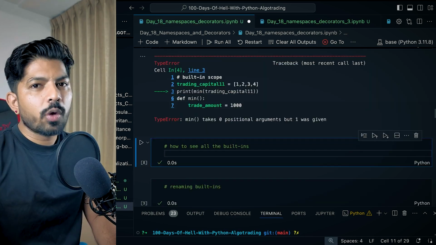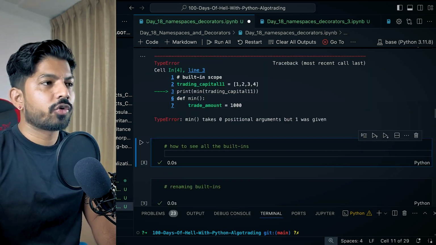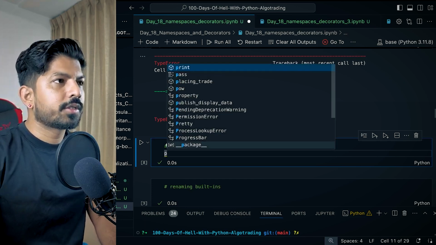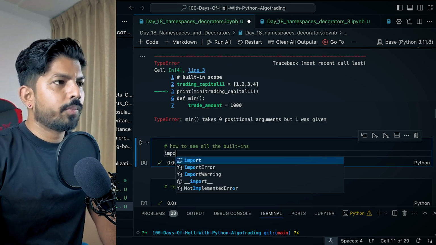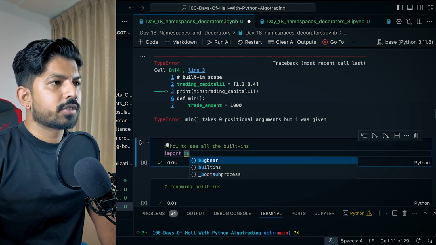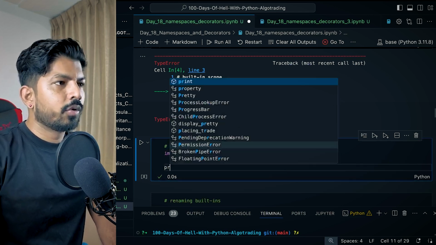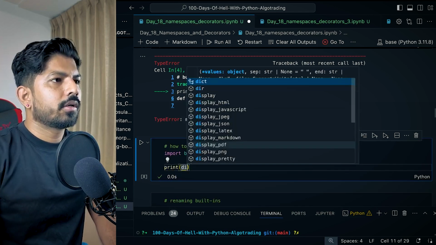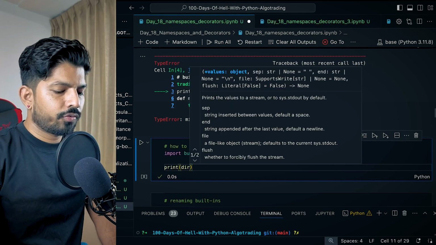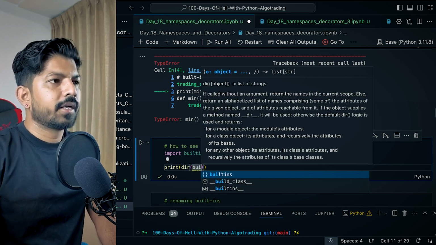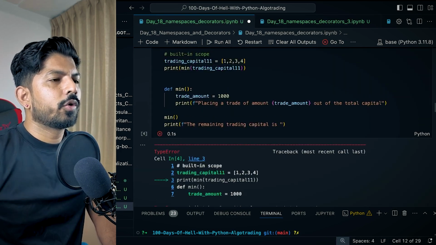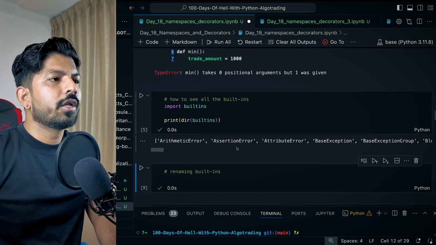Now let's see how you can print all the built-in functions. For that, you have to import the module builtins, and then you can print the dir of builtins, and you can see that you have all the built-in functions.